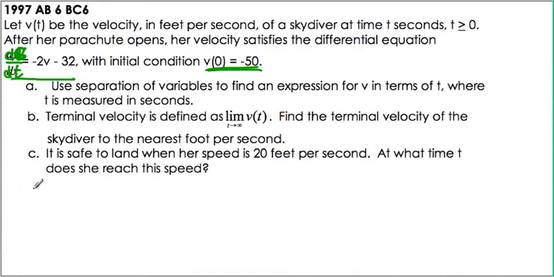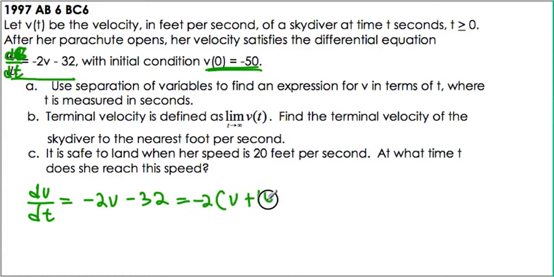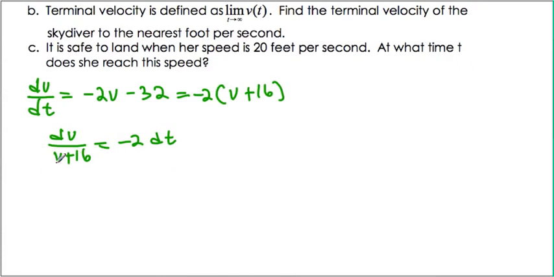So what are we going to do? First, we're going to look at this as dV dt is equal to negative 2V minus 32. First step, we need to separate the variables. If I rewrite this, I can write it as negative 2 times (V plus 16). So by cross multiplication, dv over v plus 16 has to be equal to negative 2 dt. Now, when you take the integral of each side,